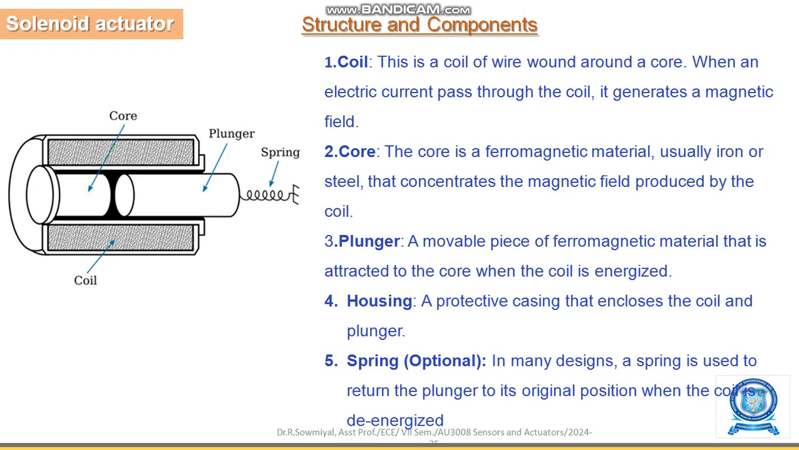Structure and components of the solenoid. Coil: this is the coil of wire wound around the core. When an electric current passes through the coil, it generates the magnetic field. Core: the core is the ferromagnetic material, usually iron or steel, that concentrates the magnetic field produced by the coil. Plunger: a movable piece of ferromagnetic material that is attracted to the core when the coil is energized. Housing: the protective casing that encloses the coil and plunger. Spring: in many designs, the spring is used to return the plunger to its original position when the coil is